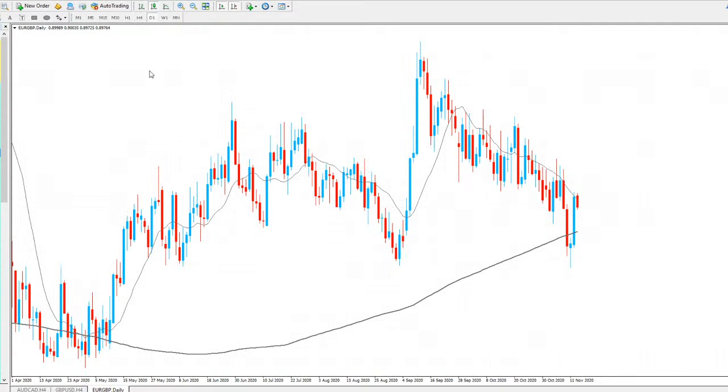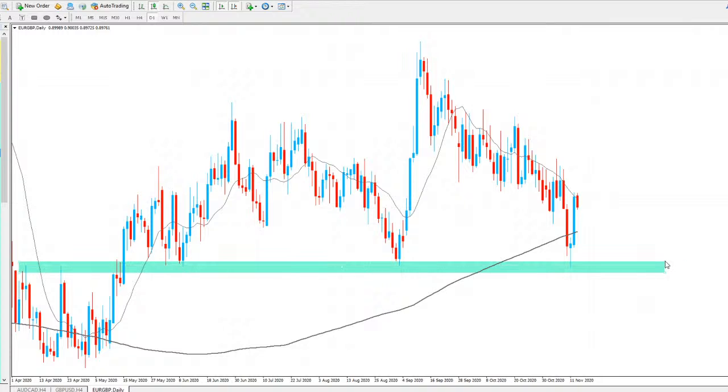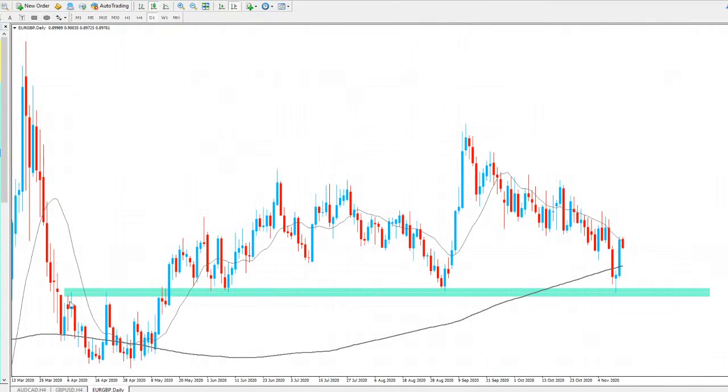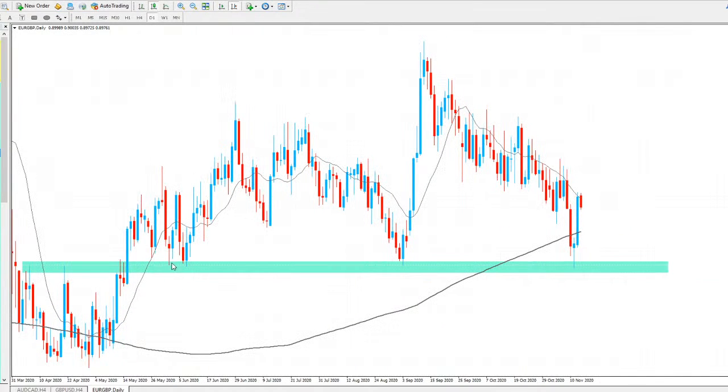EUR/GBP had a big push to the upside yesterday, and you can see why we had a really nice test of this key level through the market here. As you can see, on the daily time frame, we have a nice area of resistance there, support there, support there again. Big move to the upside from that same support level. Now we're testing that same area of support again